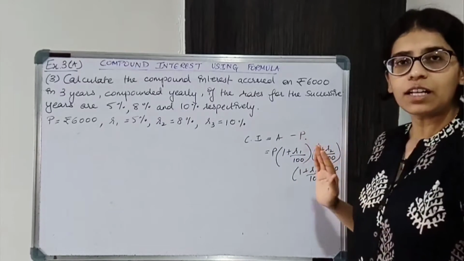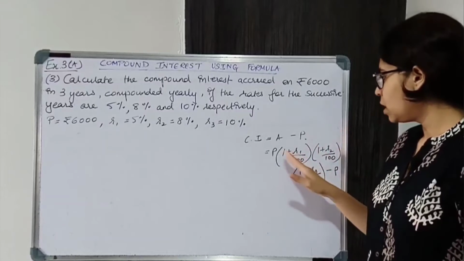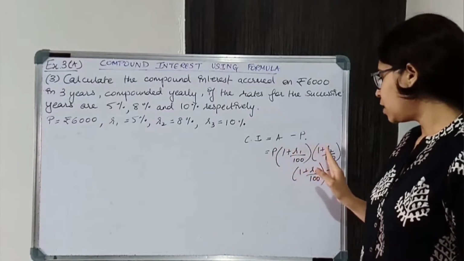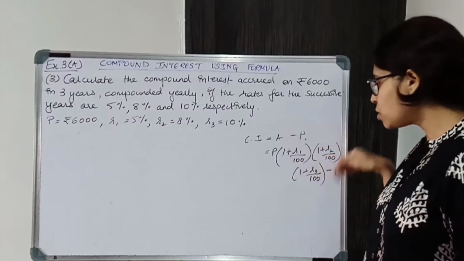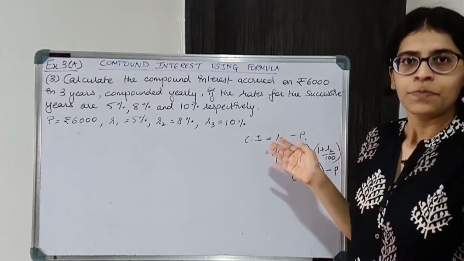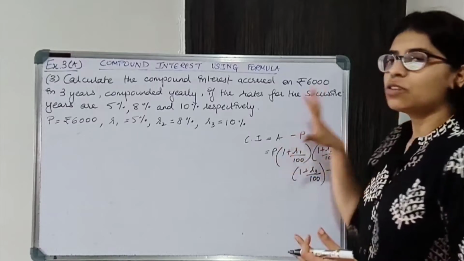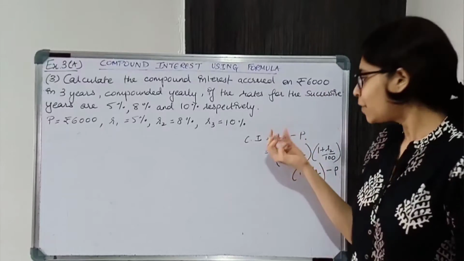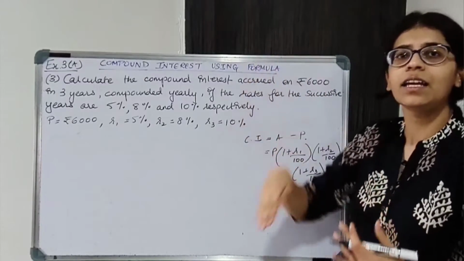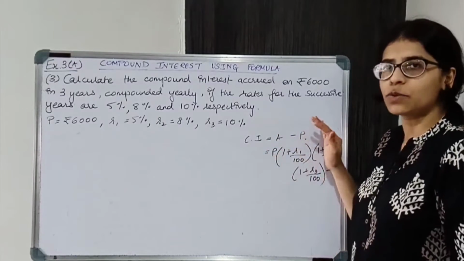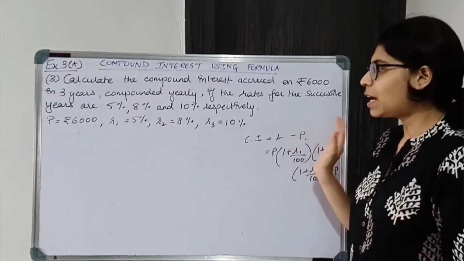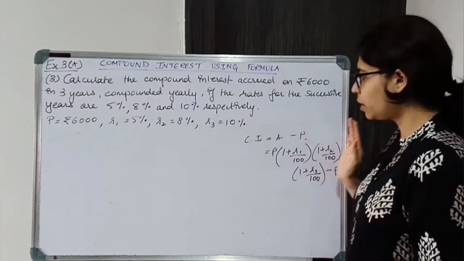Alright, this is going to be the amount minus the principal. Just substitute the values and solve further, okay? P का value पता है, R1, R2, R3, all these values also we know and यहाँ पे there is P again. So you can just substitute the values and start solving. But I'm not going to use this formula to avoid any confusion. First I'll find amount and then at the end I'll subtract the principal from the amount, okay? You can start solving from this step but I'll be finding amount first, okay?